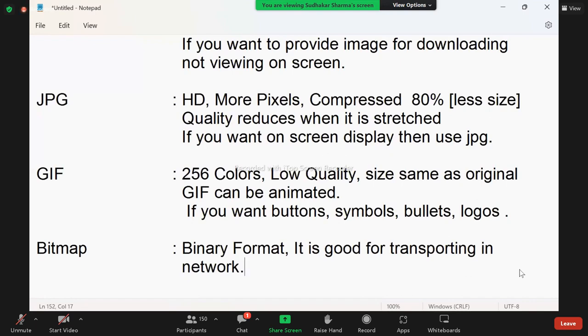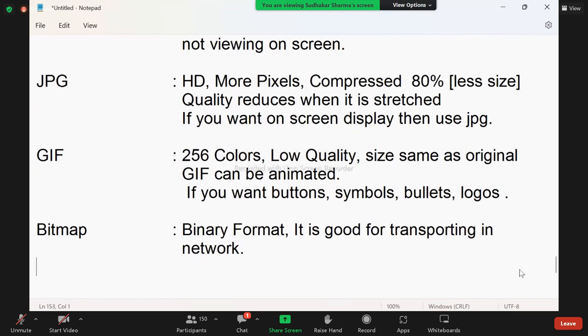Bitmap is binary format, that means the image is stored in a binary form. If an image is converted into a binary form, it is easy to travel through a network. That means you can simply say sharing images across